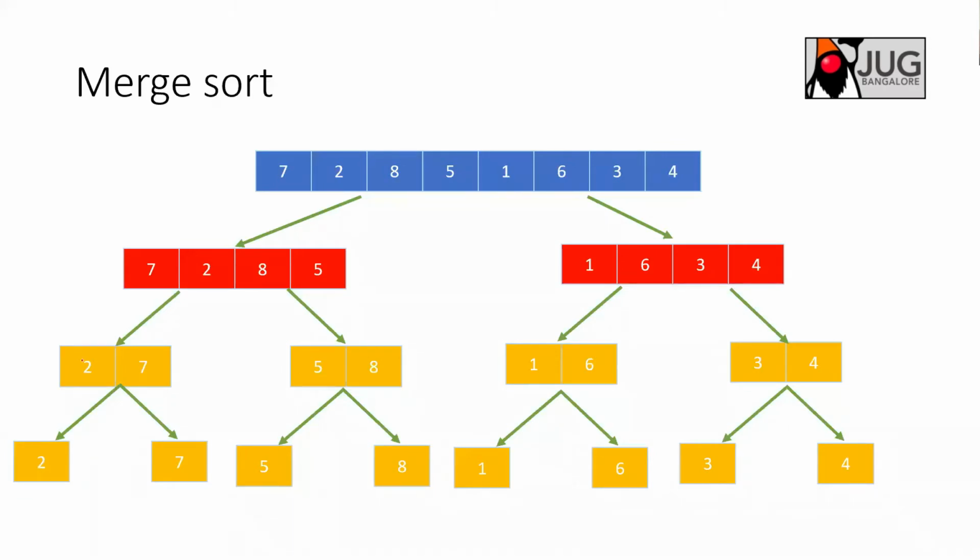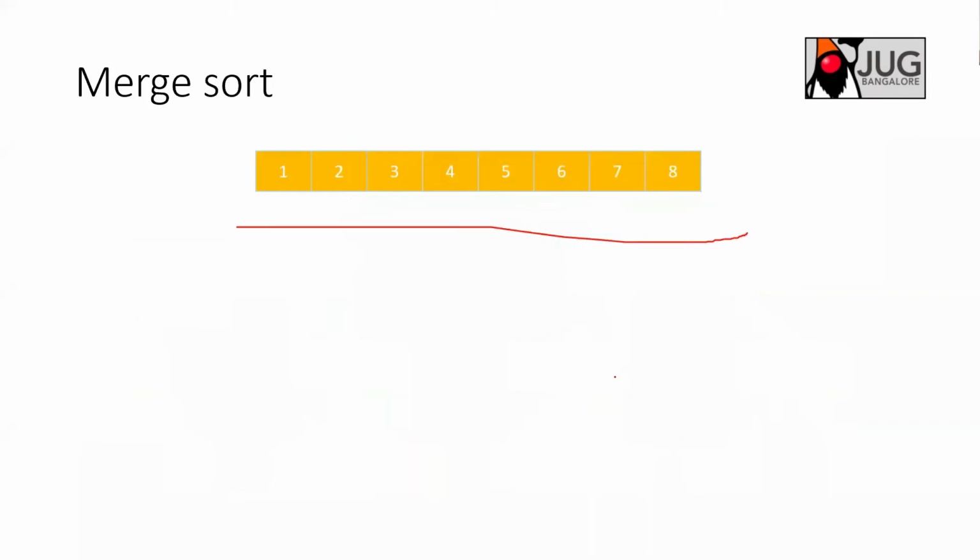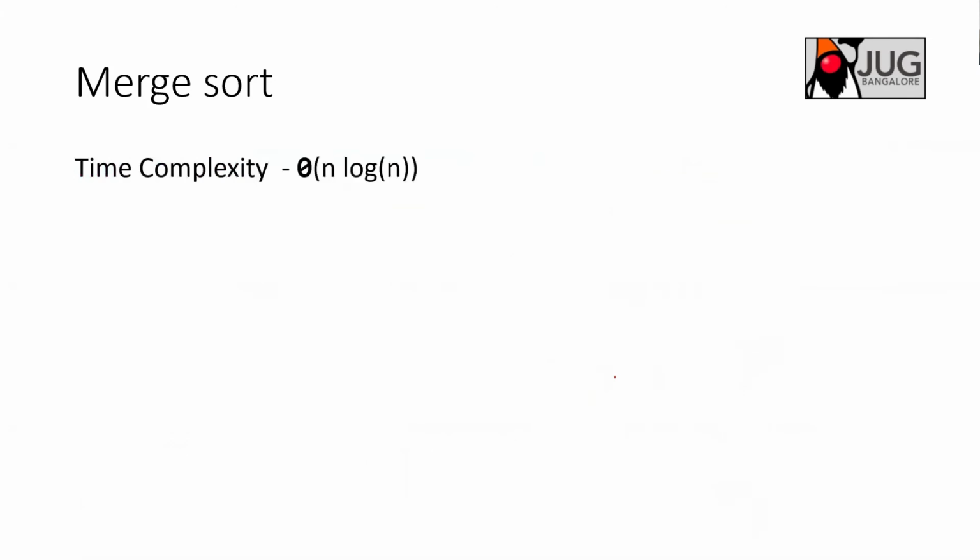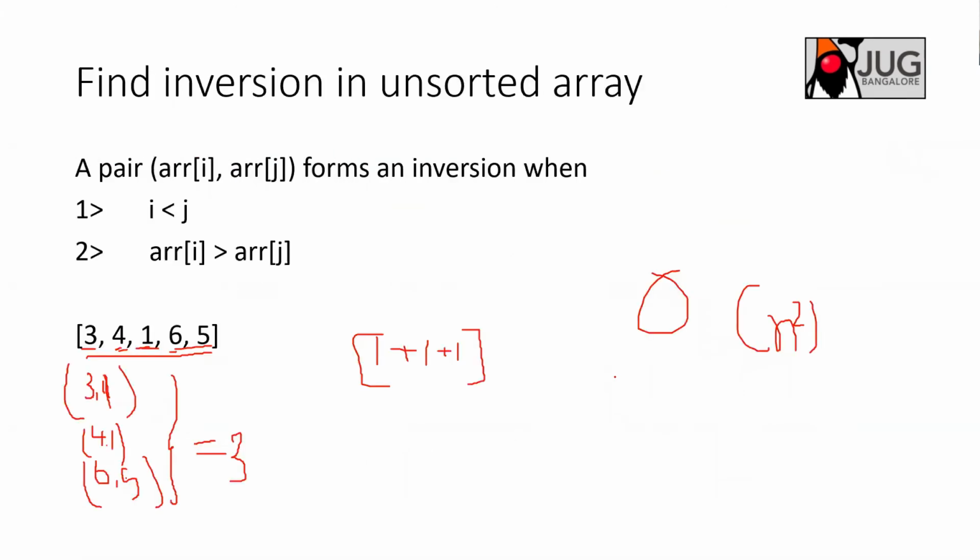Again 2 is compared with 8, no change. 7 is compared with 8, no change. So it goes like that. I'm only considering the right subarray, the right side, if it is less than the left side. That is how it goes. I hope it is clear by now. I don't want to get deeper into that. I will leave it to you guys, because I hope you have already understood how that works.